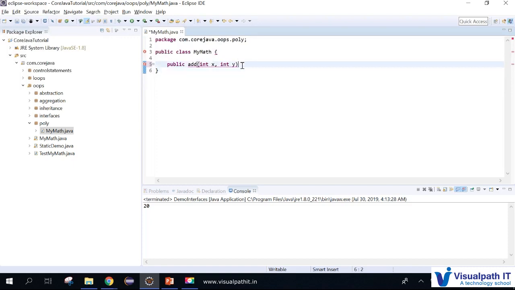This is one method where I can return a value; I need to mention the return type prior to this. It returns x plus y. So this is the one method I have, and another method I will be declaring is public